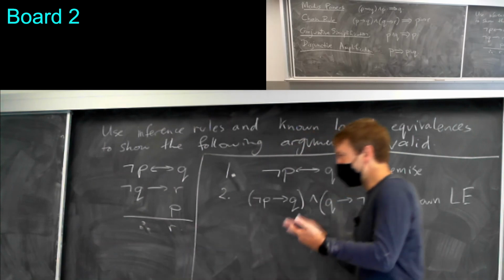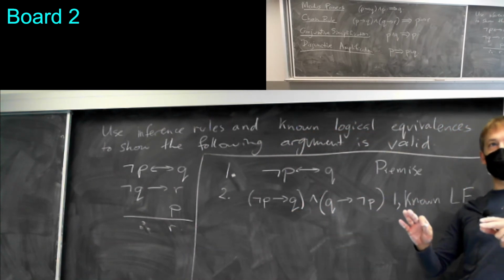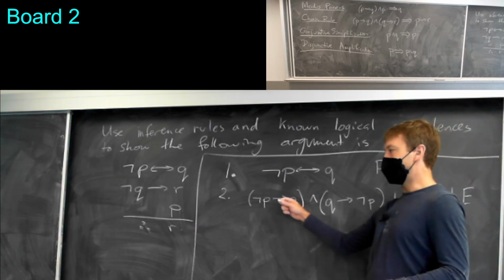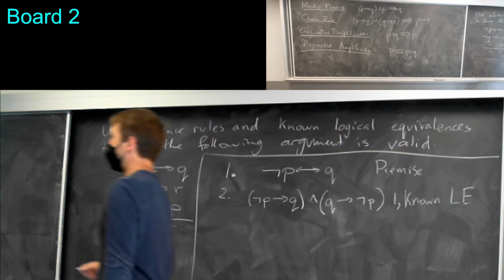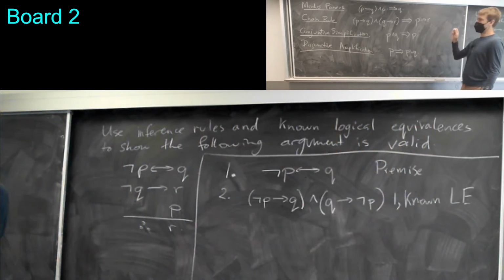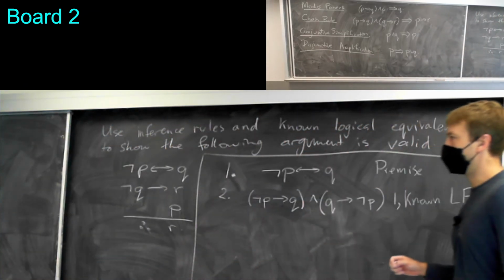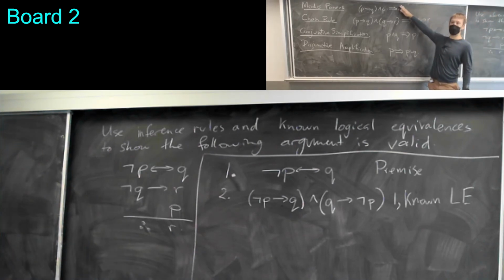If this was a law of logic problem, I would turn this into ors. But this is not a law of logic problem. It's one of these valid argument problems. So I would actually keep the implications. I like implications for this. So that's one kind of difference here,